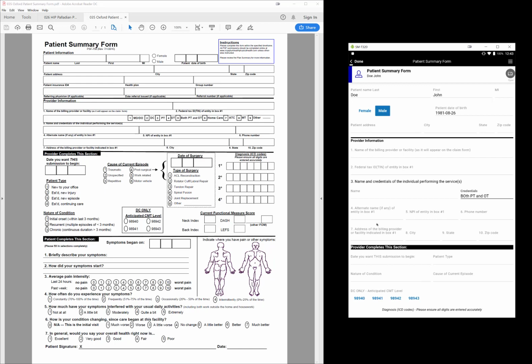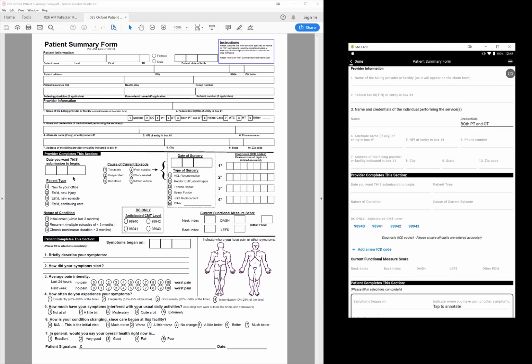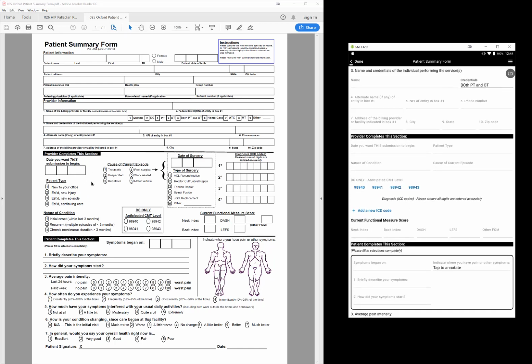Now, the additional sections here, for example, provider completes this section. Now, we see here in this form that some of these fields are optional. So this says cause of current episode. If we choose